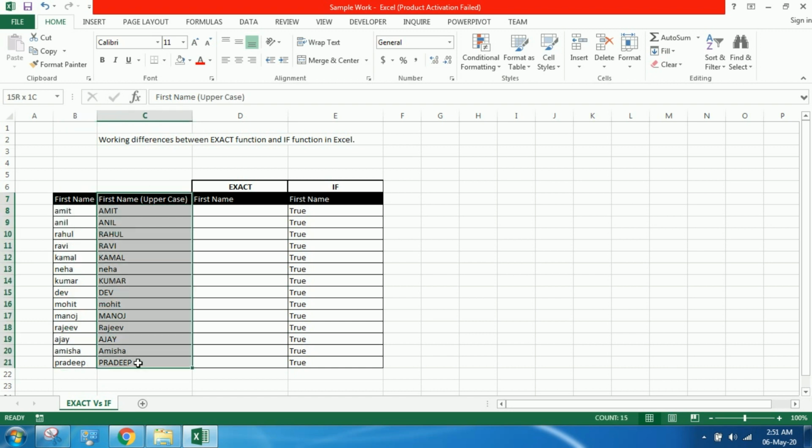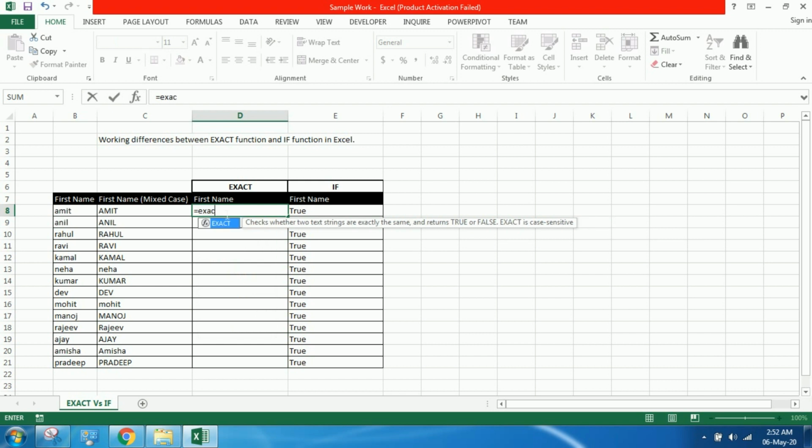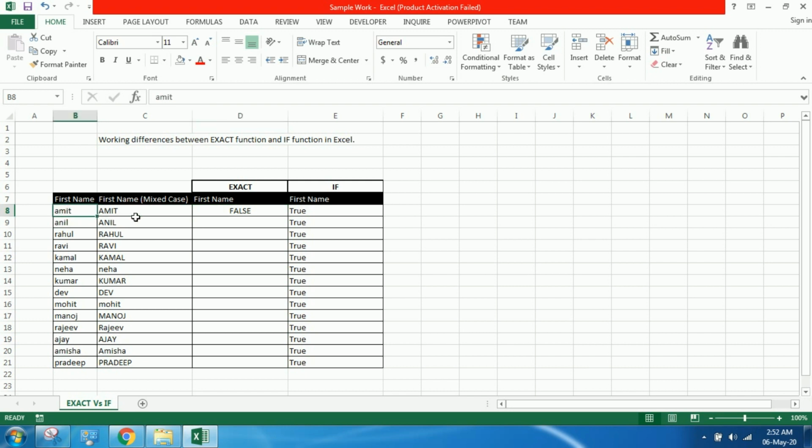So I'll be using the EXACT function upon the first names given in column A, column B and column C. I'll be applying the EXACT function here. Equal to EXACT, bracket starts, text 1, text 2, Amit from column B and C. It gave false, because in column B we have Amit in small letters and in column C we have Amit in caps.